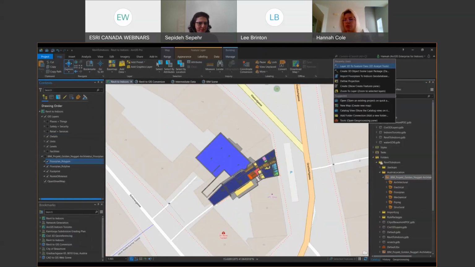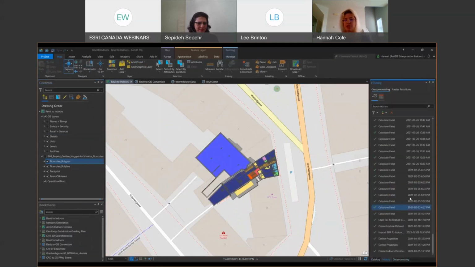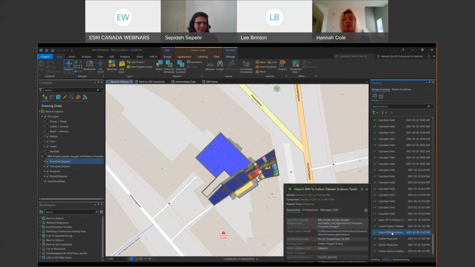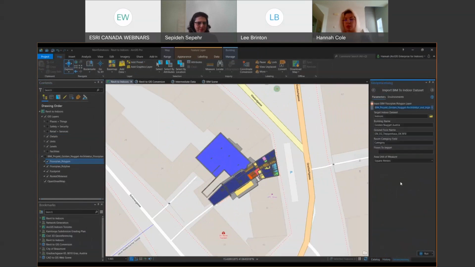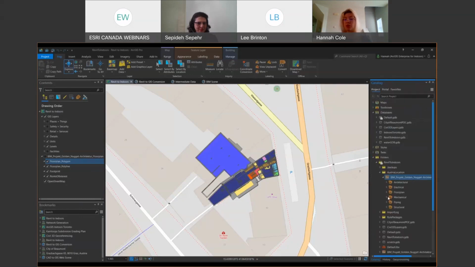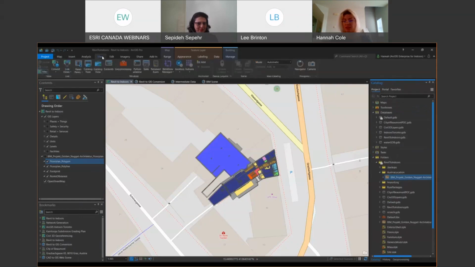And once ArcGIS Pro has been licensed to use the ArcGIS Indoors Toolbox and georeferencing has been complete, the Import BIM to Indoor Dataset geoprocessing tool can be run to convert your Revit file to a file geodatabase. As a best practice, you can also convert your entire map and all the data within it